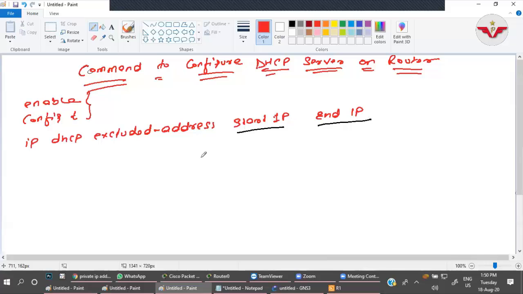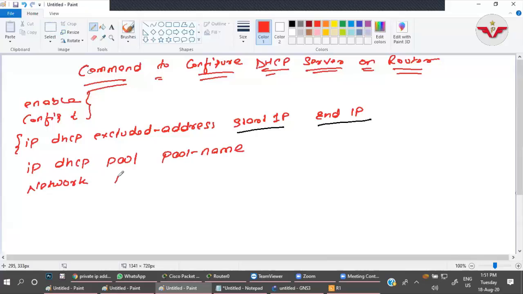Okay, now to configure DHCP, IP DHCP pool, then pool name, IP, sorry, IP DHCP pool, pool name, then what network will be there?